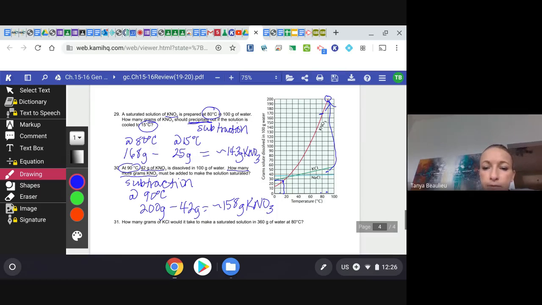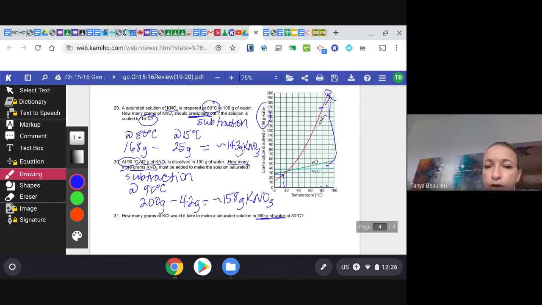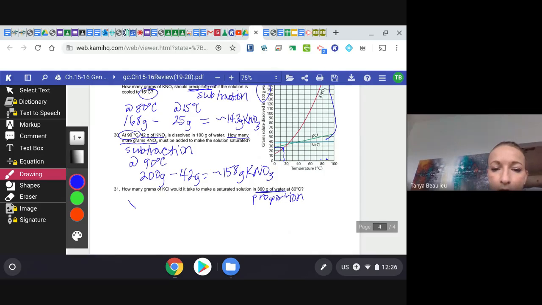The last problem that we have here is a different amount of water. I mean different amount of water because it's not 100 grams of water. That's what the graph is always showing. We said when you had a different amount of water, you were going to have a proportion type problem. So this is a proportion problem. How much KCl can you dissolve in 360 grams of water? Well, in 100 grams of water